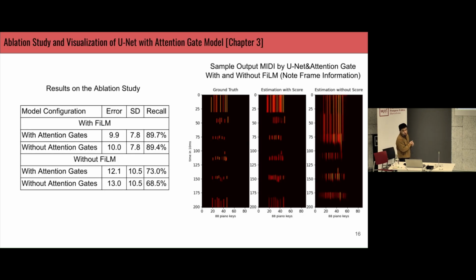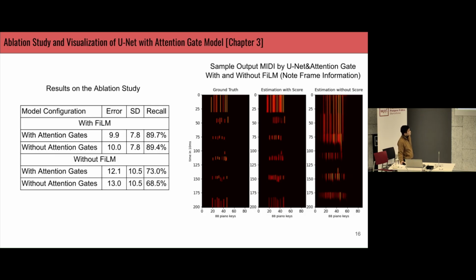Let's look into the ablation study a little bit. This is the visualization of the output from the U-Net model. This is the ground truth MIDI roll, this is the estimate with FiLM conditioning, and this is the estimated result without score information.